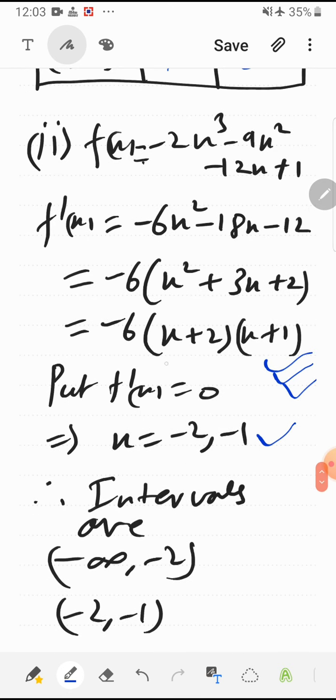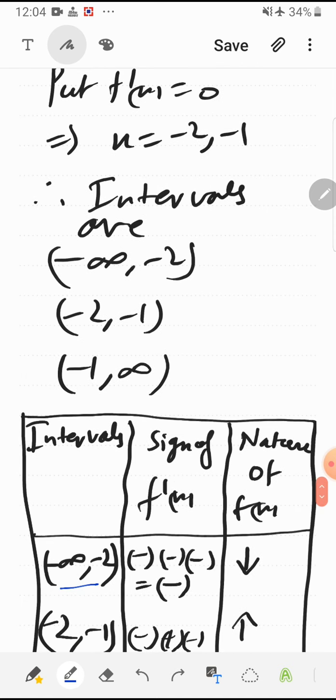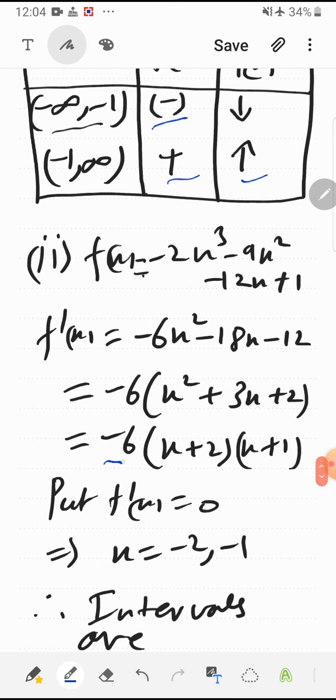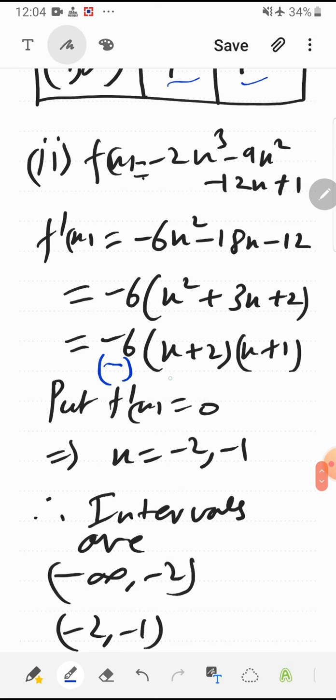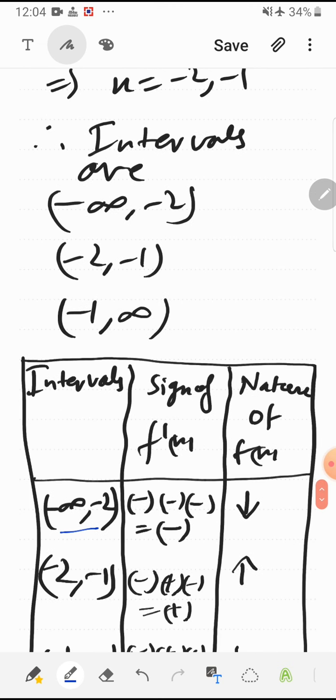If I am putting x as minus 3 here, students, we have to keep one very important point in mind. When you put the derivative equal to 0, sometimes we ignore this, and it's okay, we find the critical point. But when we are checking whether the interval is negative or positive, we have to consider the negative sign again. Like I am putting x as minus 3, that means minus 3 plus 2 is negative, minus 3 plus 1 is again negative, and 1 negative is this sign. So overall negative, so you have to mention it is negative, and the function is decreasing.